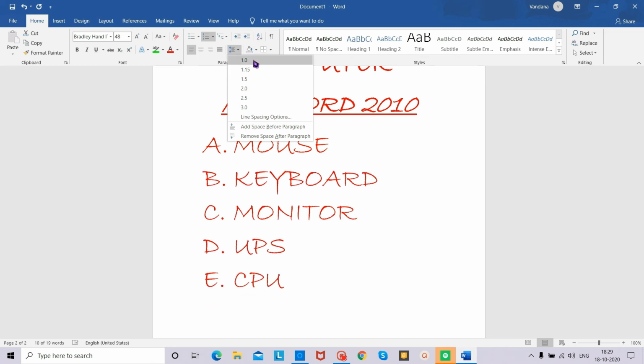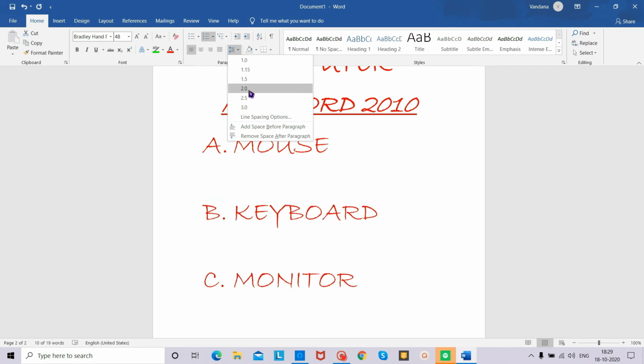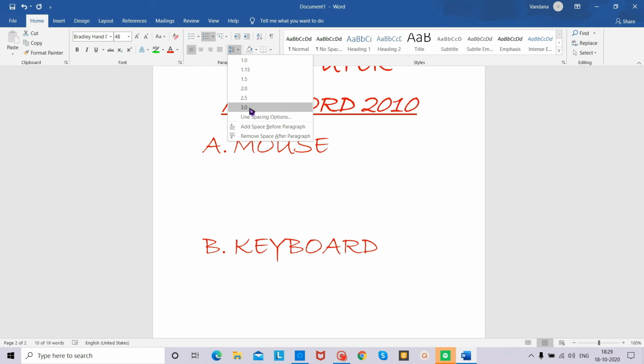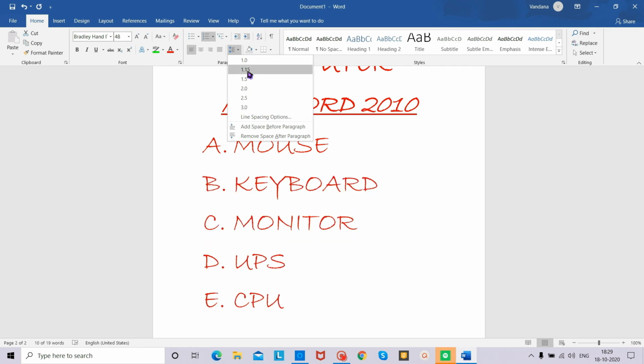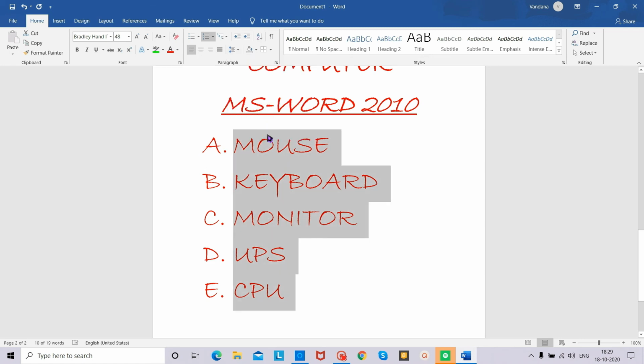By default this is 1.0. You can give more spacing like 1.15, 1.5, 2.0, 2.5 and 3.0. If you want to remove the space, click on remove space, and the space between two lines will be removed.